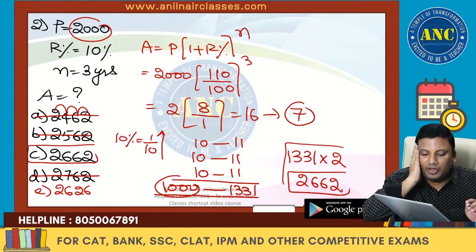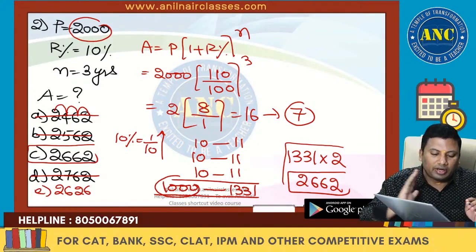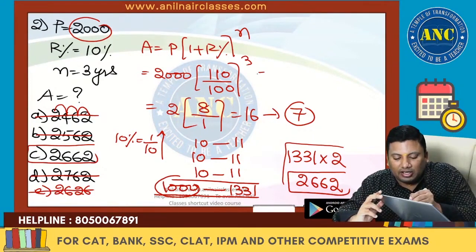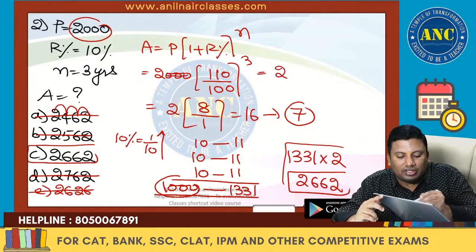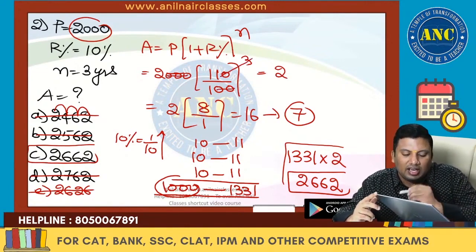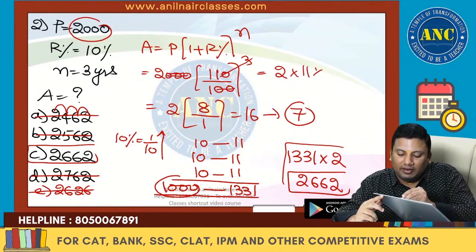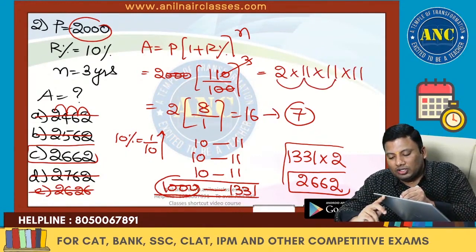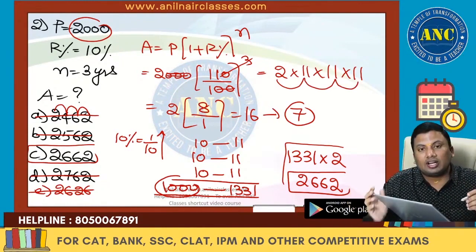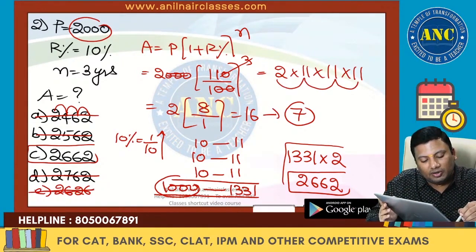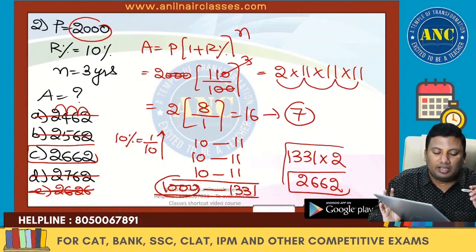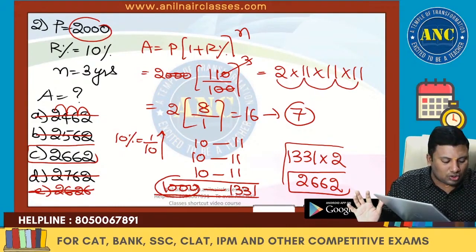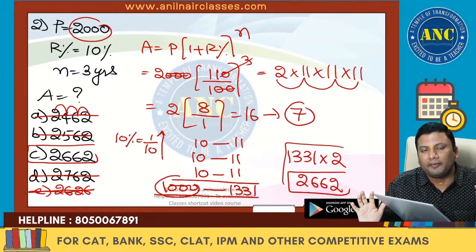Or probably what you can do is, here you can say that 2626 is also incorrect. Why? Because 3 zeros, 3 plus 3, 6, here 6. It is nothing but 2 into 11 into 11 into 11. Unit digit is 2 ones are 2, 2 ones are 2. Answer unit digit should be 2, but here the unit digit is 6. So option number E is also eliminated. You can use any of the approaches to solve this question. I hope the idea is clear.